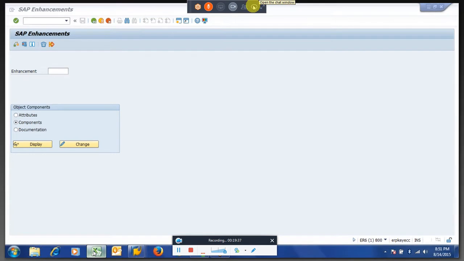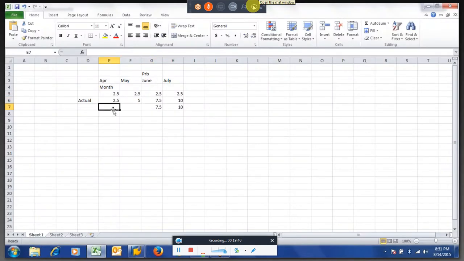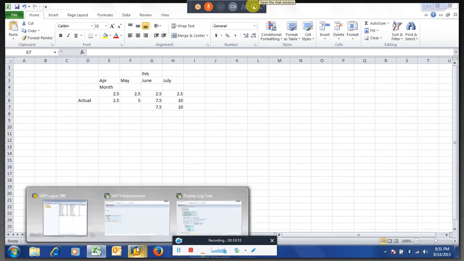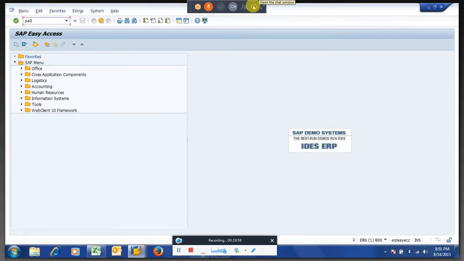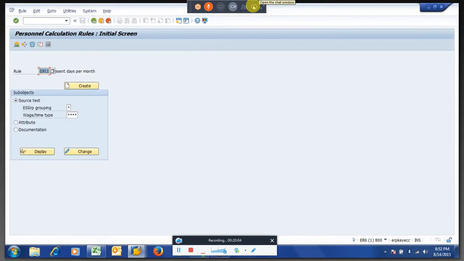So this is what we want to modify for the probation period. I think why I am waiting is that even Remy posed this question: how will we work on the confirmation day? So let us go to our actual PCR. This anyhow will work. No need to do any changes, because we calculate his present days into a time type called Z902. Now what we will do is create a new time type.